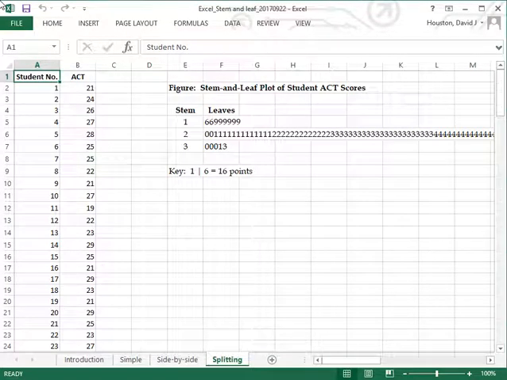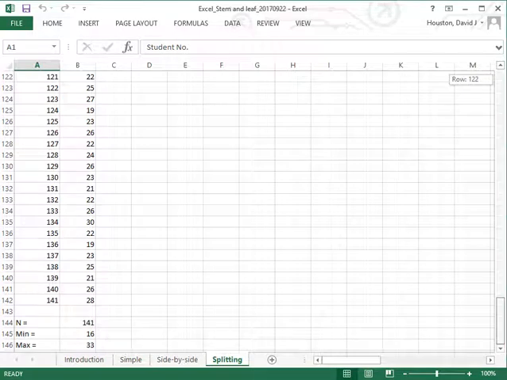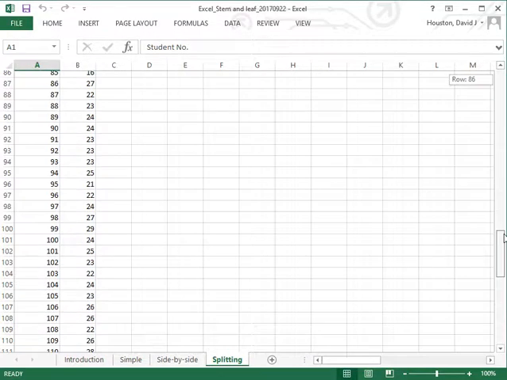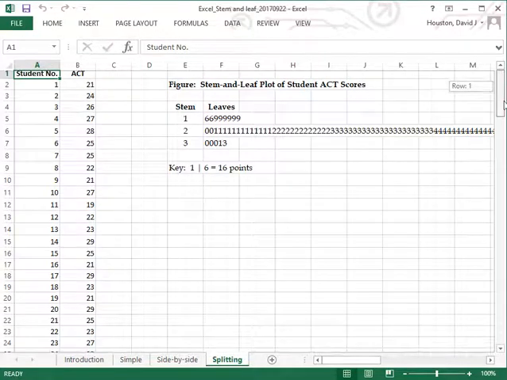In this tutorial, I'd like to continue a discussion of stem and leaf plots in Excel. We're going to be using the same data we've used for the previous two tutorials on stem and leaf plots in Excel. And you notice that in columns A and B are those data. Column A has student number from 1 down to 141. And in column B, we see the ACT score for those